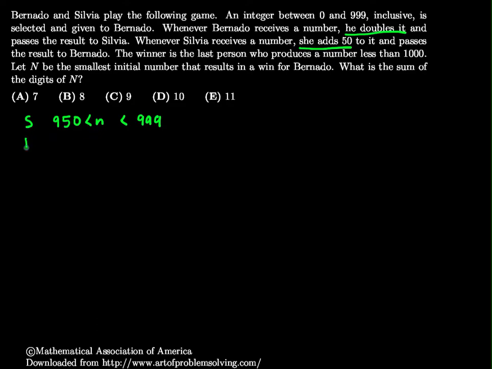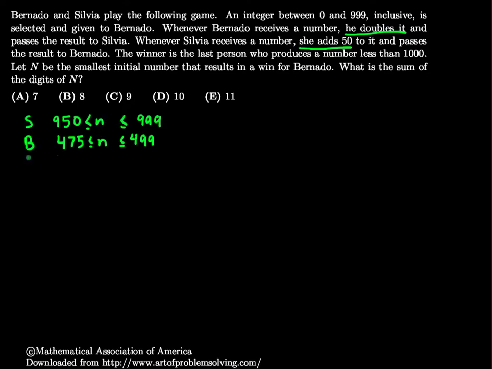And so that means that the numbers that Bernardo had to have would be somewhere in half of this. We're going to be careful about rounding. So half of 950 is 475. I'll put equal to here. They could equal. Less than or equal to n. And whenever I round this one, I'm going to have to round it down, because if I round it up to 500 here, then Bernardo would have lost. So I'm going to round down to 499, which would make Bernardo pass 998 instead to Sylvia, and he would still win.